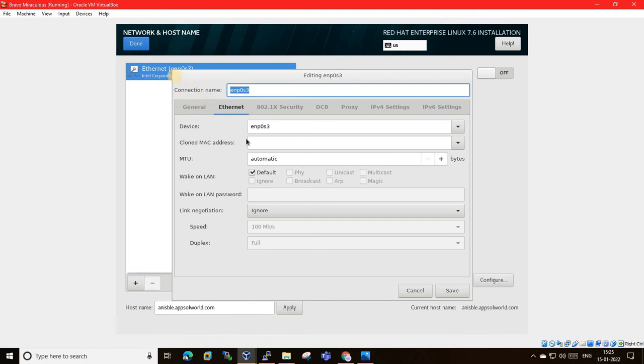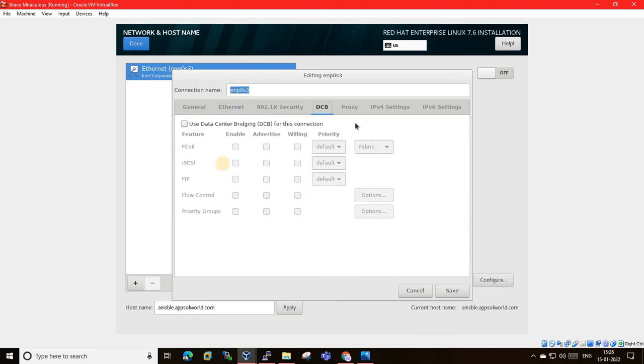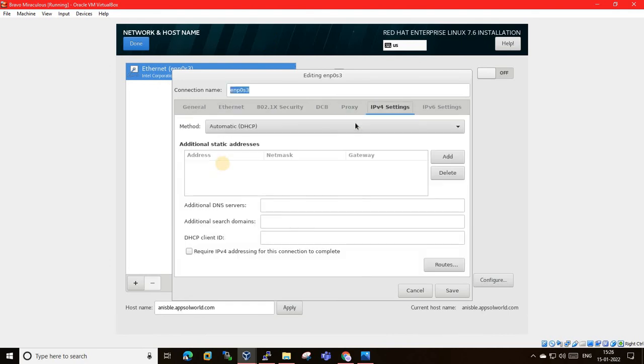Here we have to... What is this connection name? Yeah, basically it's a name of... So we need to come here in IP settings, IPv4 settings.